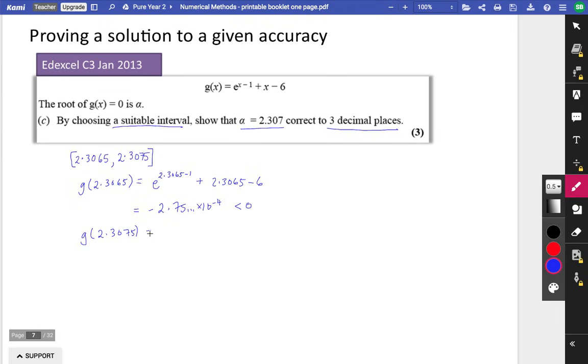I'll substitute in my next one, which is 2.3075. And I'm just going to go straight into my calculator with that one and see if I can save myself a bit of time. So I'm just going to change that to a 7.5, and I'll change that to a 7.5 as well. And this time we get 4.419 times 10 to the minus 3, which is greater than 0. So here, there is a change in sign,